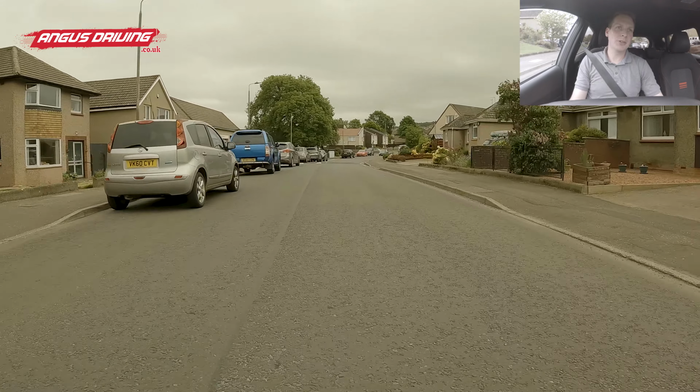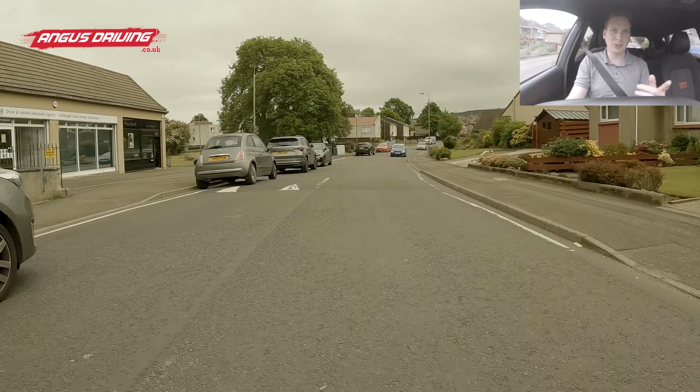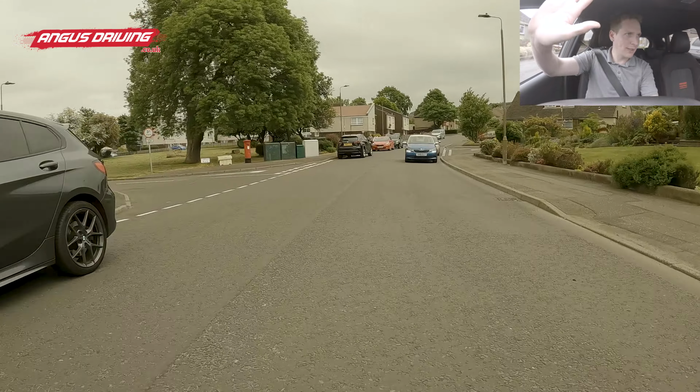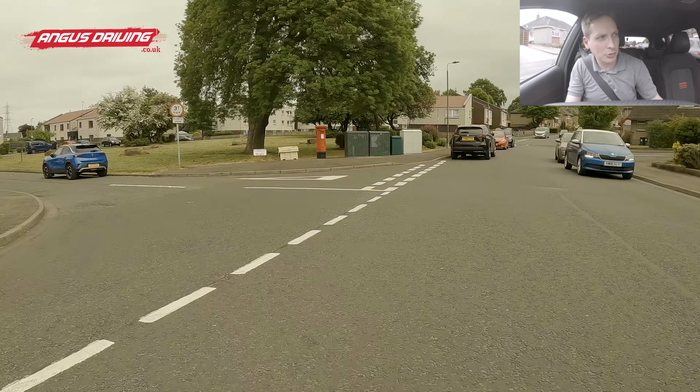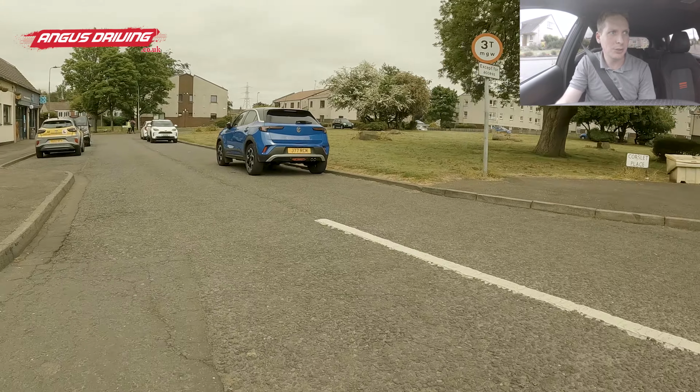Now, I'm starting to go, there's nowhere to pull in for this car, but I couldn't see it when I started, so I'm going to commit and turn left into this road. Mirror, signal. I'll wave to say thank you. Now, this can be a really difficult bit, so I'm going to slow down, go into first gear, and come round here slowly, and it looks okay, so I'm just going to gently go